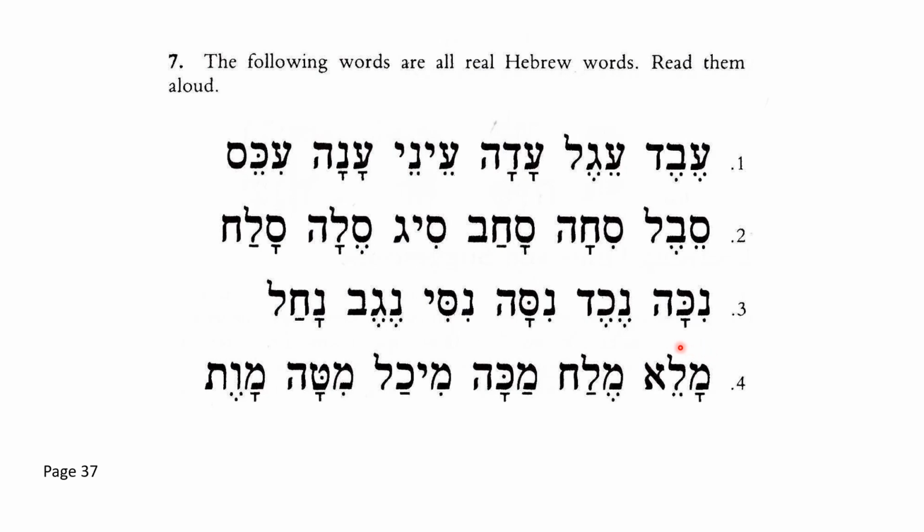Nikah, nikah. Neched, neched. Nisa, nisa. Again, ignore the dagesh and letters that don't change their sound with it. So it's just going to be the S sound here. So nisa. Next one is